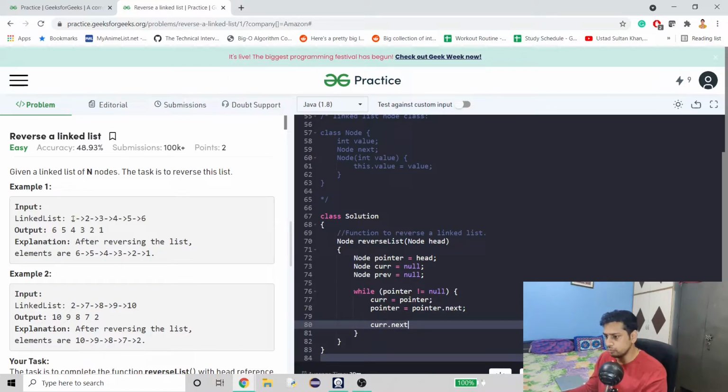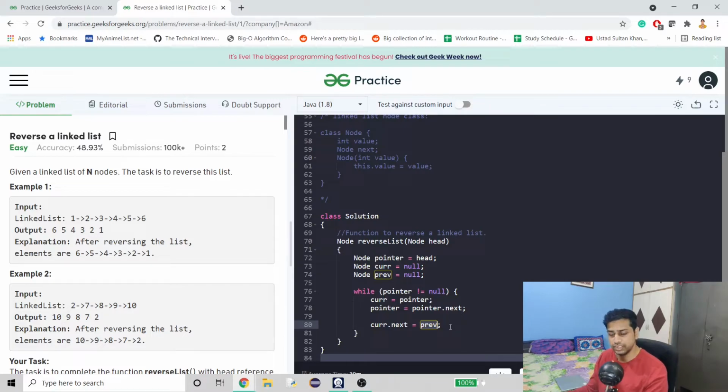Right now it is pointing to 2, so what we are going to do is delete this pointer and create another pointer towards null. So when we do previous here, it will not connect this one to 2 but to previous, which is right now null.